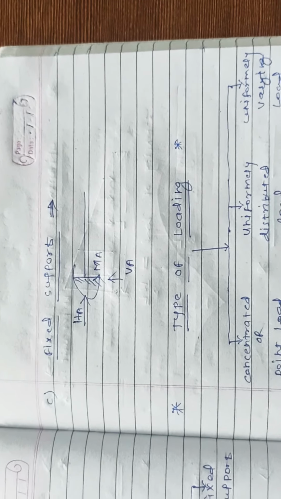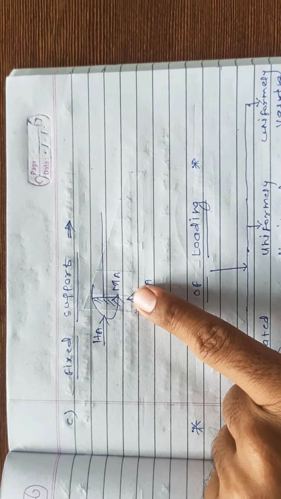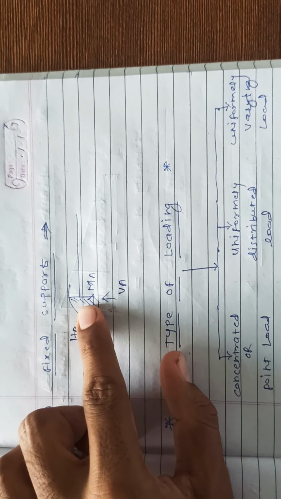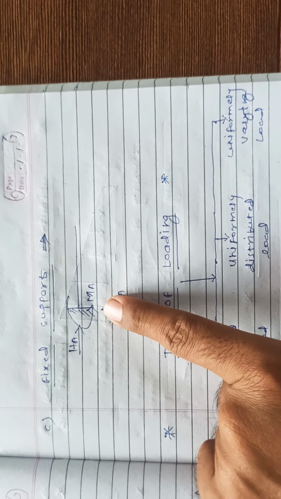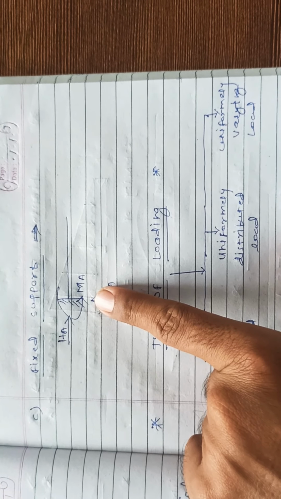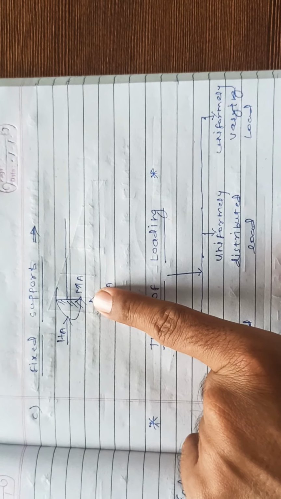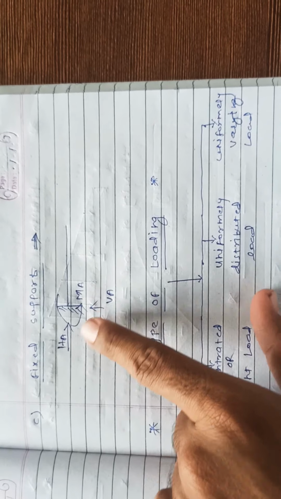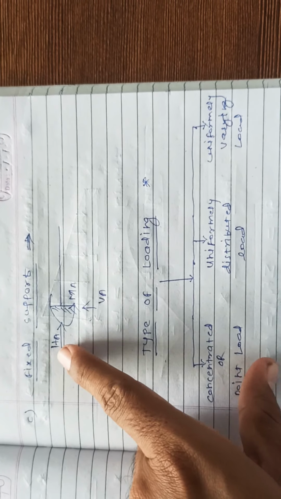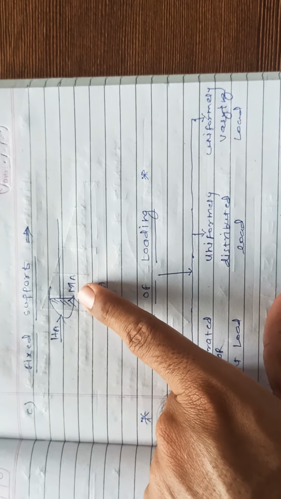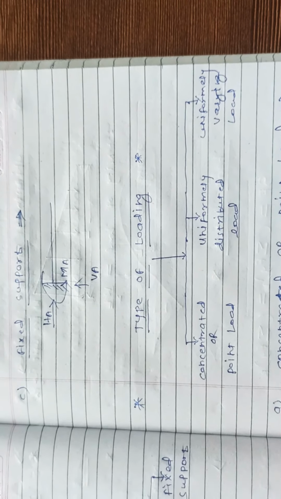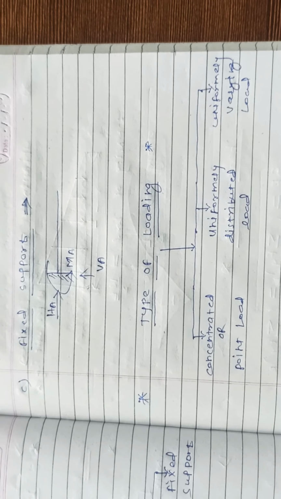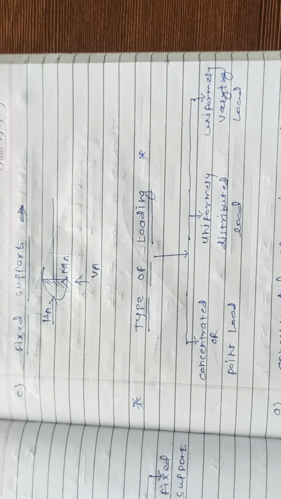The third one is the fixed support. If you see such a type of diagram, with a hatching portion at its end, it is nothing but a fixed support, and it restricts movement along the x and y directions as well as rotation about that point. So there are three reactions in this support, that is HA, VA and a moment. So these are the three supports we have seen: roller support, hinge support and fixed support. I hope you are getting it.